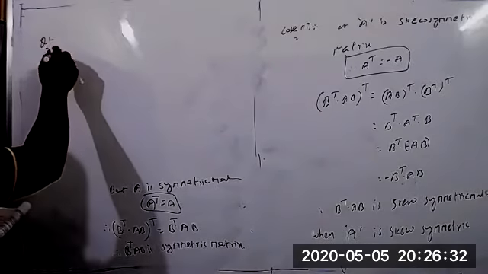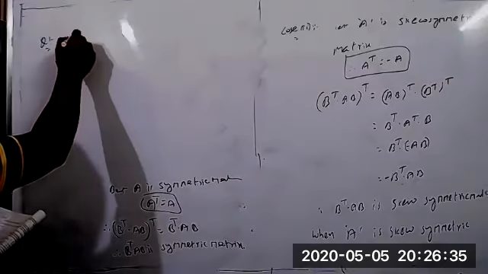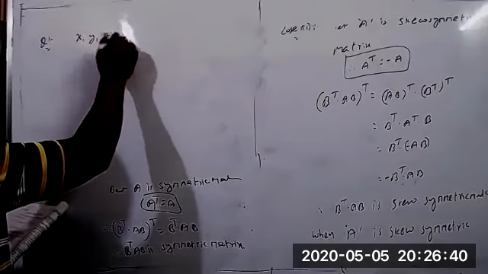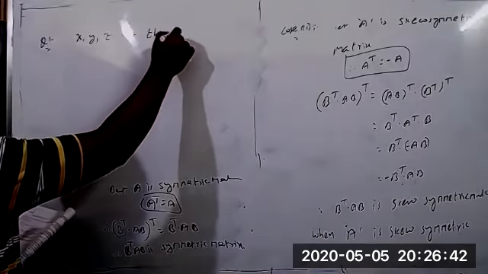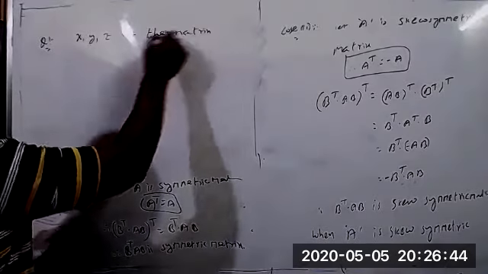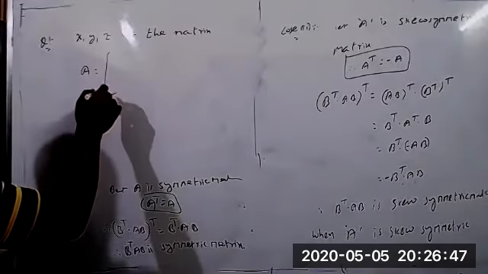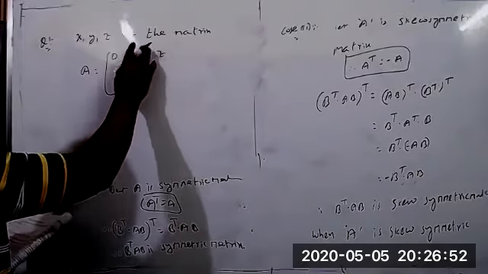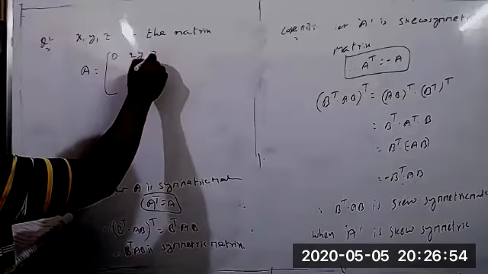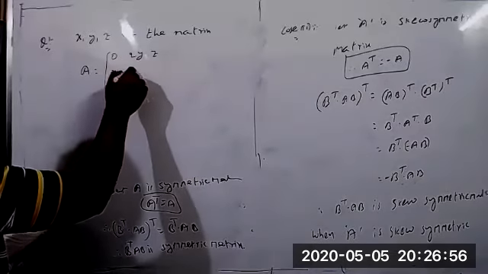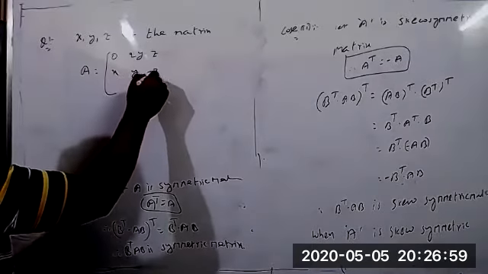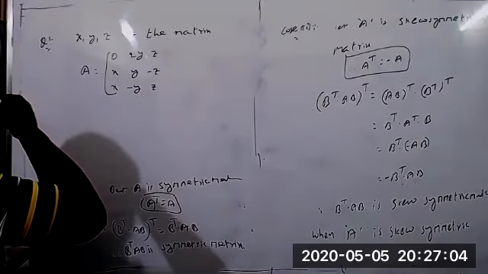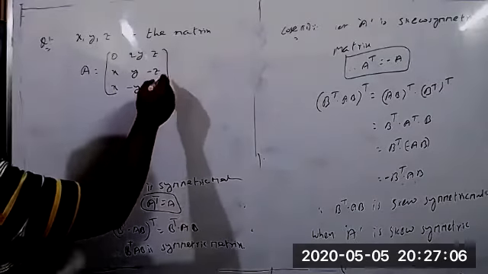This is very easy only. Find the values of x, y, z. Find the values of x, y, z if the matrix A equal to 0, 2y, z; x, y, minus z; x, minus y, z